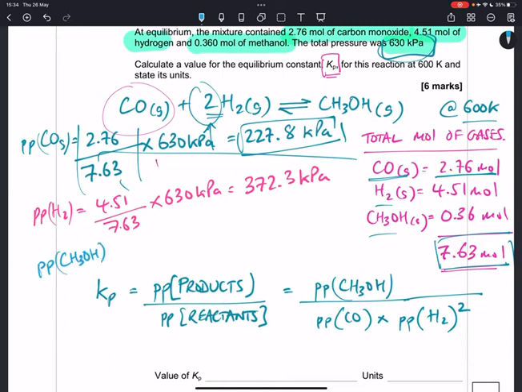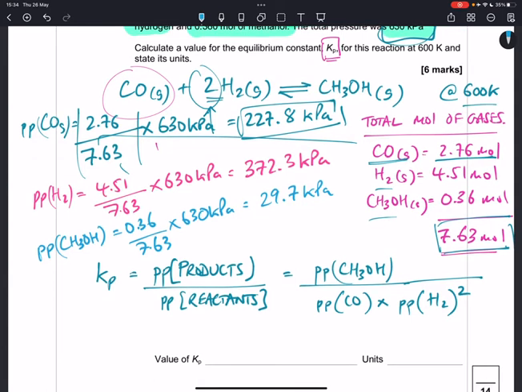We don't have as much methanol. This is 0.36 divided by 7.63 times 630 kilopascals, which is equal to 29.7 kilopascals. And you slap those numbers in, and then you should be able to work out the value of